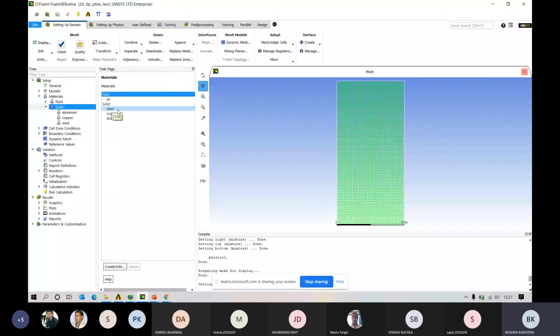So from here you can choose it for your working system. Like, we want to work with the steel, so we can choose steel, or if you want to work with the copper, then you can select the copper option. Okay,